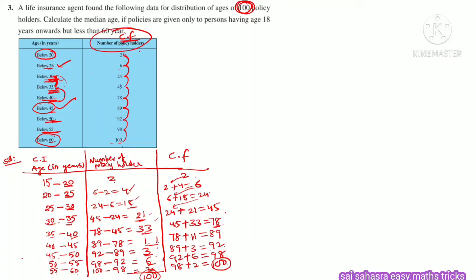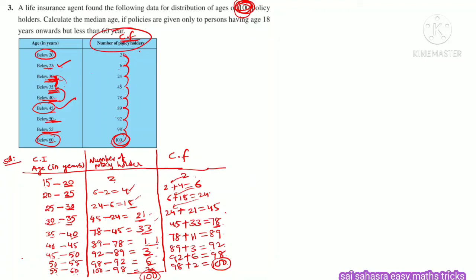That means in the beginning only I told you these are the cumulative frequencies, not the frequencies. How are we identifying? This ending value is matching with the total number of people, the total frequency. That's why we can easily identify: whenever words like below or less than 20 are there, at that time they will give cumulative frequencies but not the frequencies. This is the identification technique.